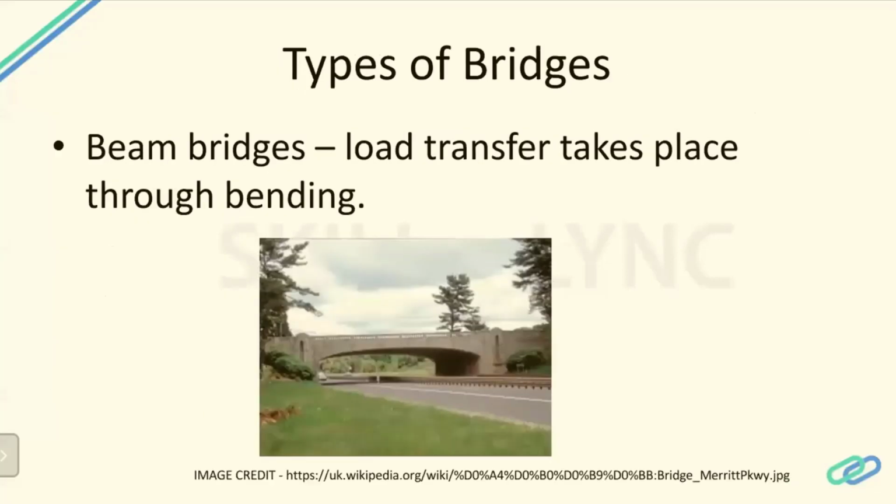Now you see the image of a beam bridge. The structural behavior of a beam bridge is very simple. You all know how a beam will behave. The beam transfers load predominantly through bending, that is, it is a flexural member. Here there is a single span of slab, and the vehicular traffic on the road slab is transferred through bending, with tension at the bottom. It is transferred to the supports over the piers at the corners, and then as a compression force to the foundation. That is the load transfer path.